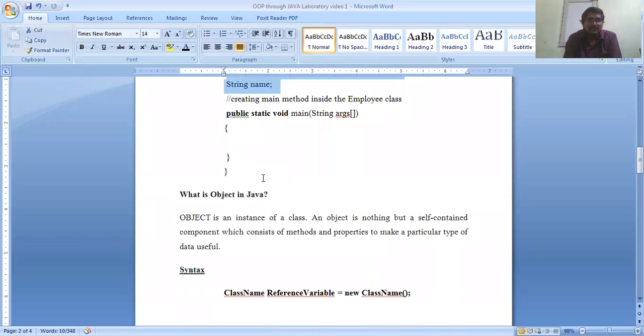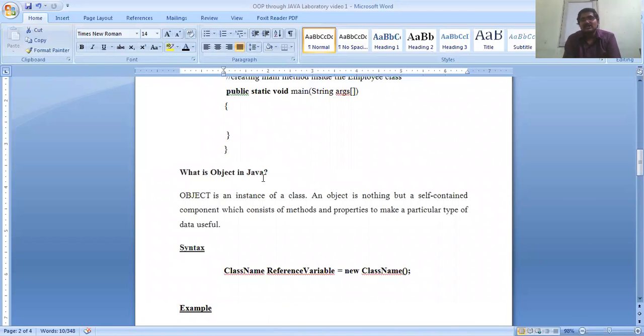This is better understood with an example, but before that, we will see the syntax for writing an object. The object syntax starts with the class name, which is nothing but the name of the class I have taken in my class. Then a reference variable followed by the assignment operator, then a keyword called new, followed by my class name and method. We will see with an example.